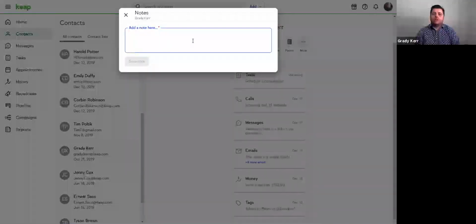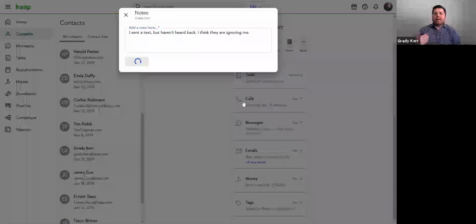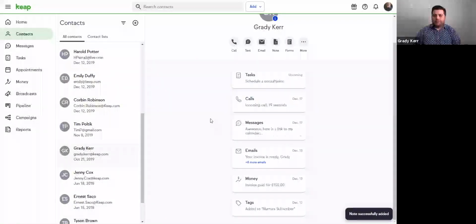I can add quick notes to my contacts to say I sent a text but haven't heard back. I think they are ignoring me. So this is something that adds additional context. I already have a history of my text messages, but this is now how I feel about something in this moment in time. So if I ever come back to this record later,